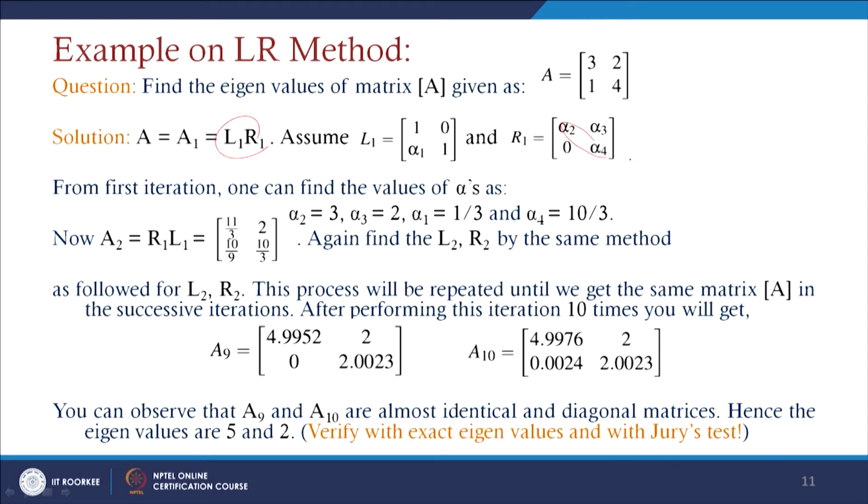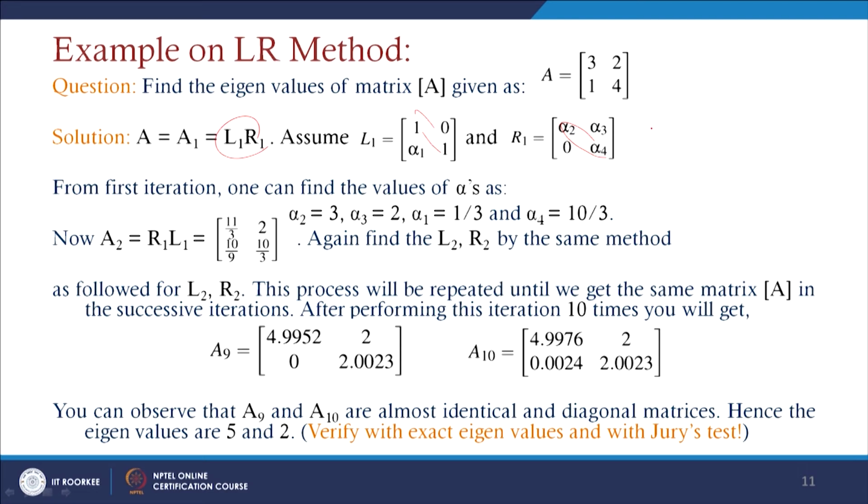But since we are taking the left product of these elements here, it is better to go for Doolittle's method. As you know, to equate the number of equations with the number of unknowns, we consider the diagonal entries of one of L1 or R1 as 1, since otherwise we would have 2n plus 2 unknowns. So, from the first iteration we compare all the coefficients, that is, the product of L1 and R1 with this matrix A here.